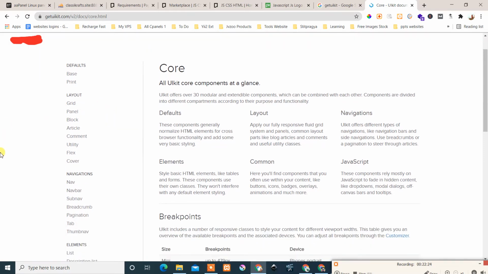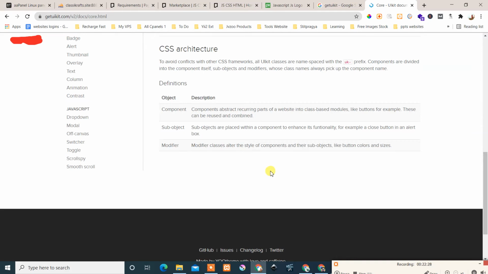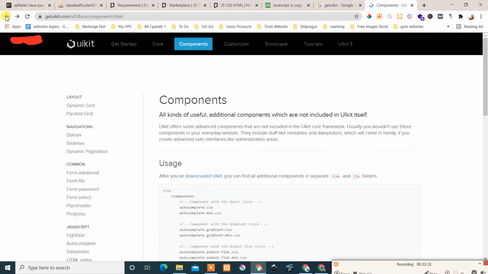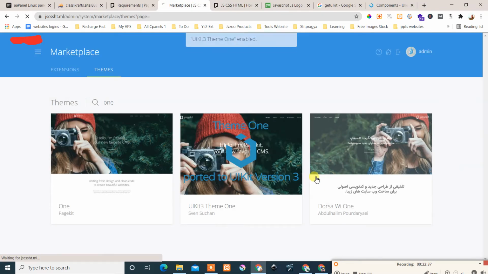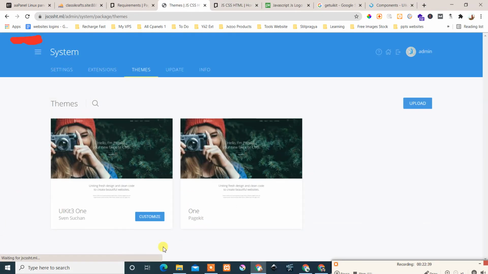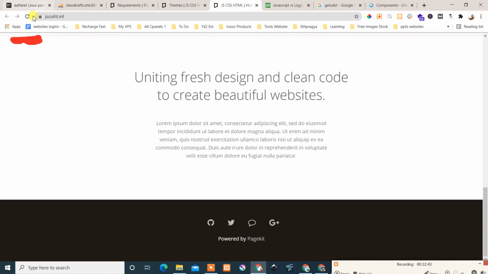In the core you have the layouts, the grid view and anything. Both are good, but I prefer to go with the updated one, so you don't need to learn both things. Yes, now your system is updated, and once you update, you will see